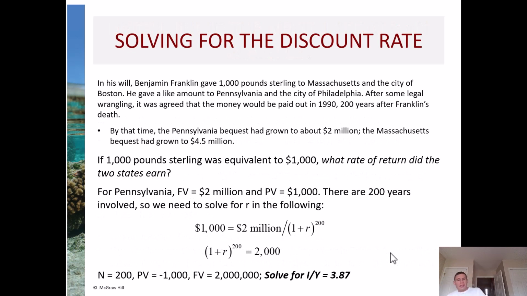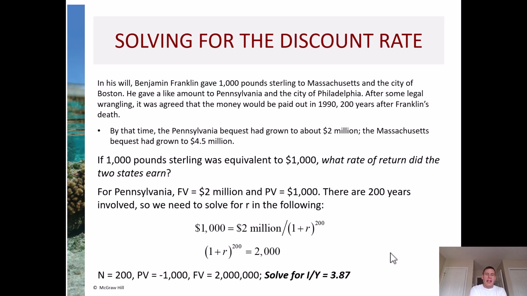All right, so solving for the discount rate. Let's look at another example. In his will, Benjamin Franklin, no less, gave £1,000 sterling to Massachusetts and the city of Boston. He gave a similar amount to Pennsylvania and the city of Philadelphia. After some legal wrangling, it was agreed that the money would be paid out in 1990, 200 years after Franklin's